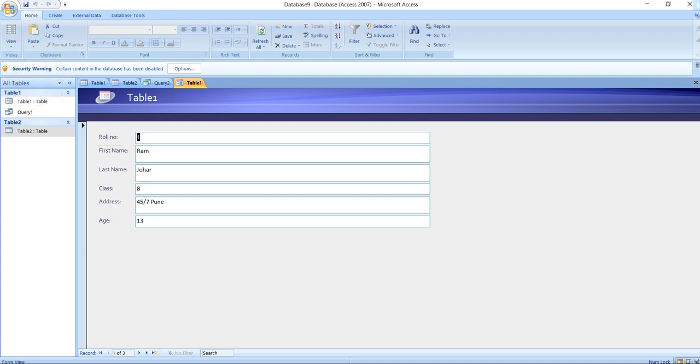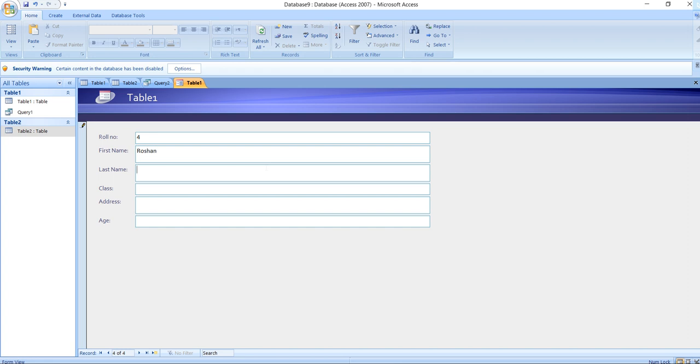So this is my form view, and with the help of my navigation key, I'm going to just move my form to the next. If I want previous, this is my previous. I want to add a new entry. I'll say 4. Then I'll enter first name as Roshan.